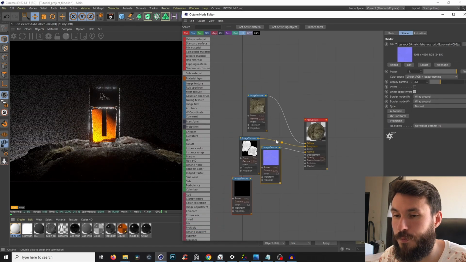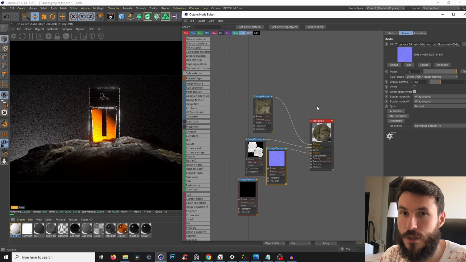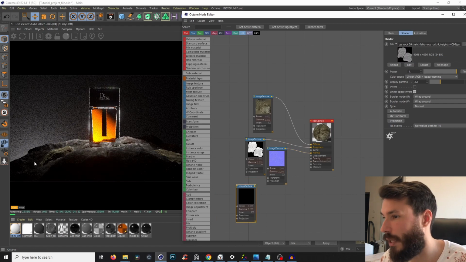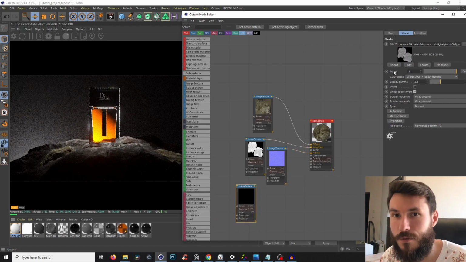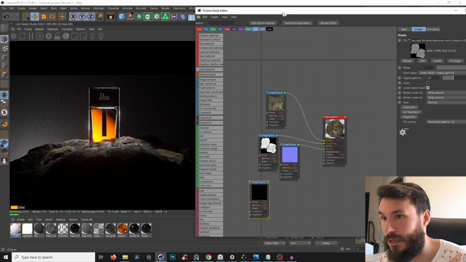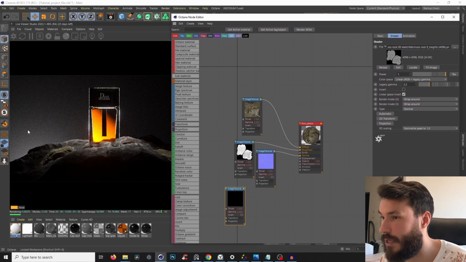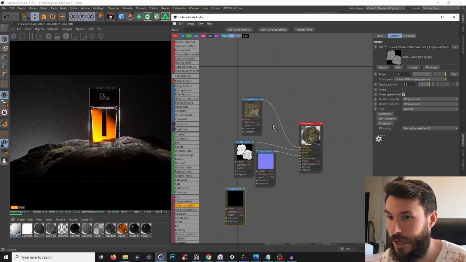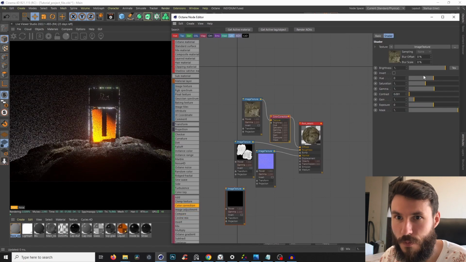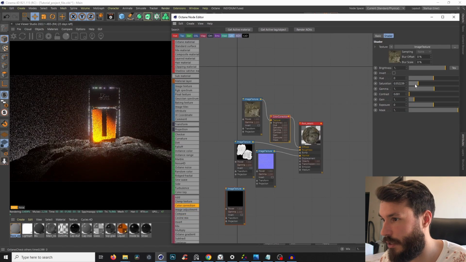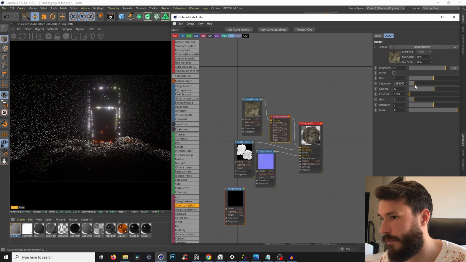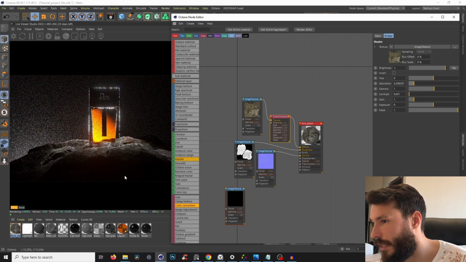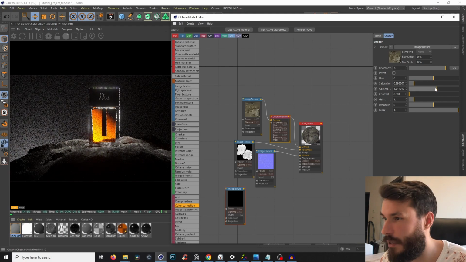So I just plugged the materials into the right nodes without the height, because I don't need it right now. And we see the rocks are a little bit different in color. So again, just color correction. Bring it down with the saturation a little bit, so it kind of matches. I think I like that, maybe a little bit